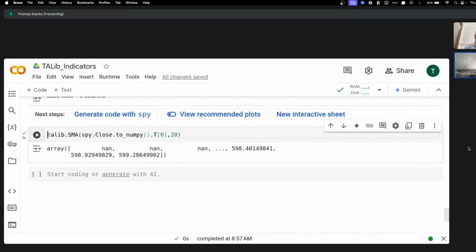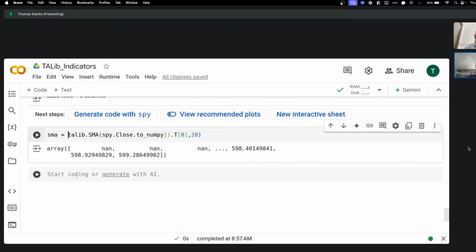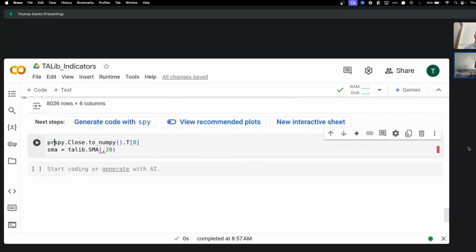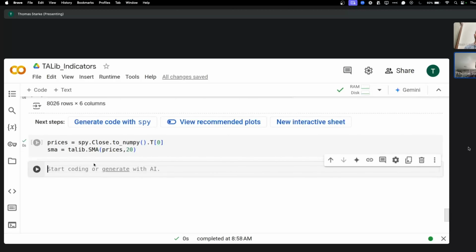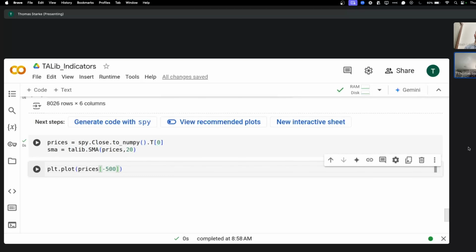Now, the first thing we need to do is to say, well, let's just plot it and check what it's doing. One thing we can do, and this is probably very good, is to record this. So we call that, say, prices, and then we run TA-Lib again with prices. By the way, you can see TA-Lib is really fast. And so one thing we can do now is plt.plot prices, and I'll just use the last, say, 500 prices of this,